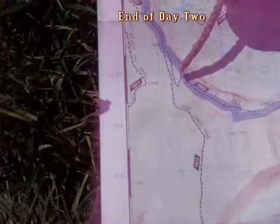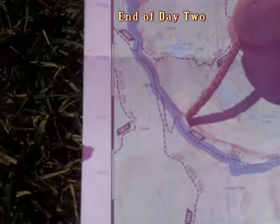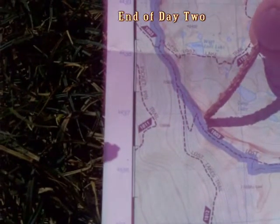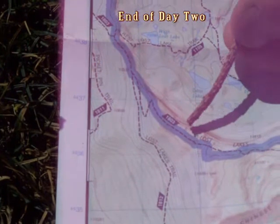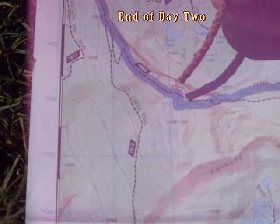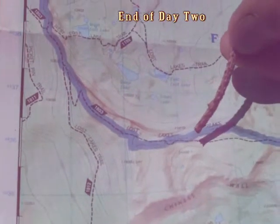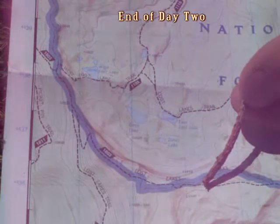It was pretty straight up. Some switchbacks, climbing up through the trees, and then broke out of the trees at about, the tree line here is pretty high, I'd say around 11.4 or so, and hit some beautiful upper meadows, and we were running low on water. We were drinking a lot. It's hot out actually today, and hit some snow right in this area here at about 11.5 or so,